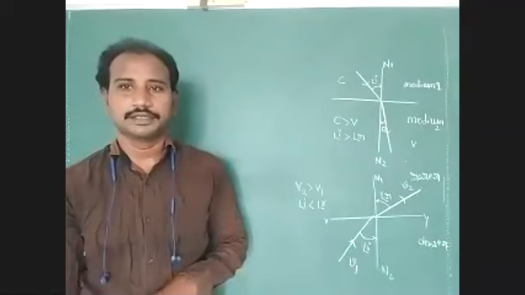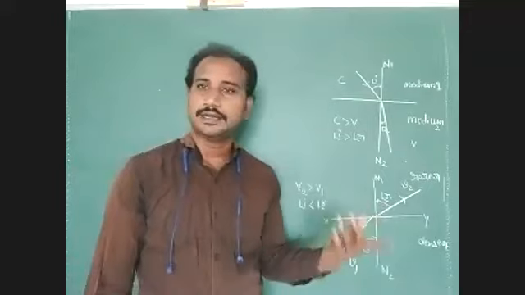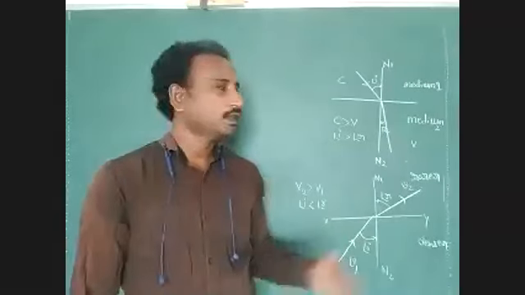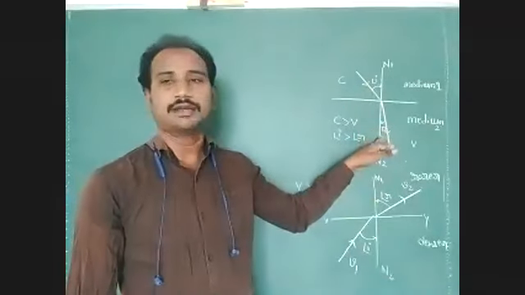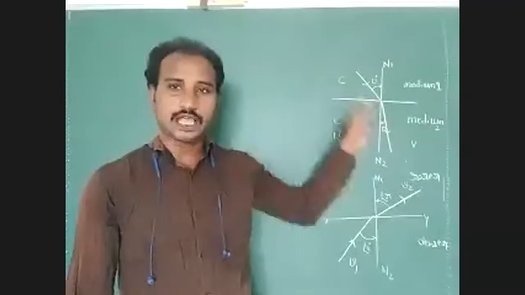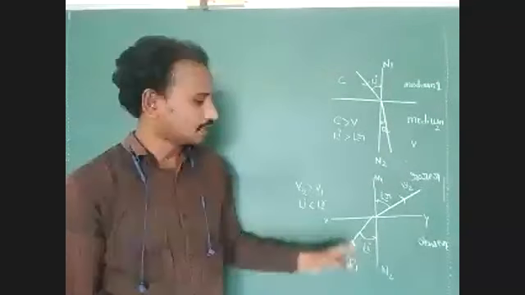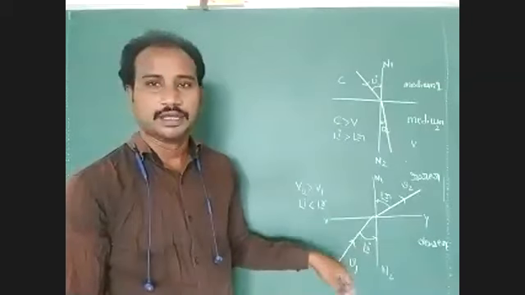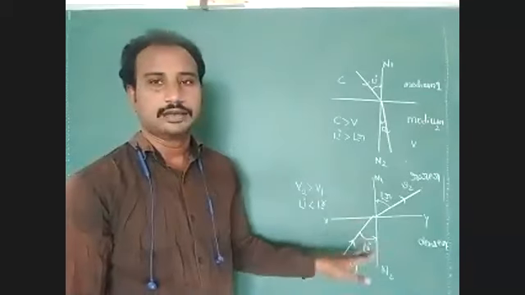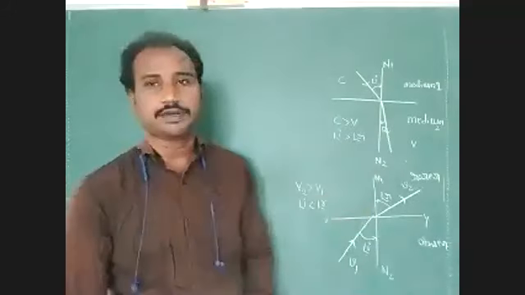First law of refraction: if a ray of light is traveling from one optical medium to another optical medium, then its direction changes. Here the angle of incidence is more than the angle of refraction in one condition: when the direction of the incident ray is from a denser optical medium to a rarer optical medium. In the first condition, the ray goes from rarer to denser. In the second condition, from denser to rarer, the angle of incidence is always more than the angle of refraction. These points are very, very important.